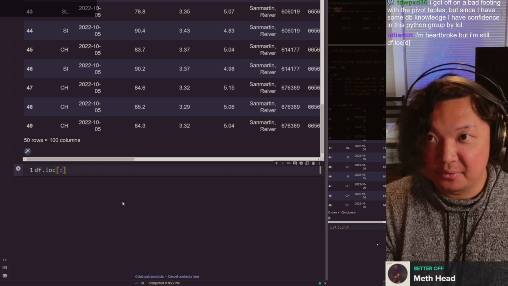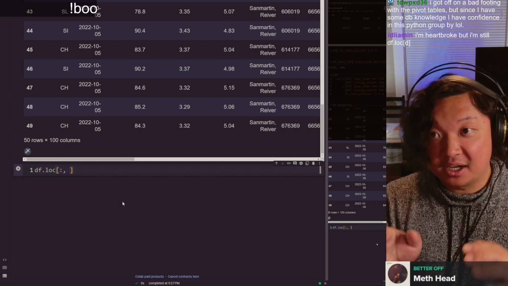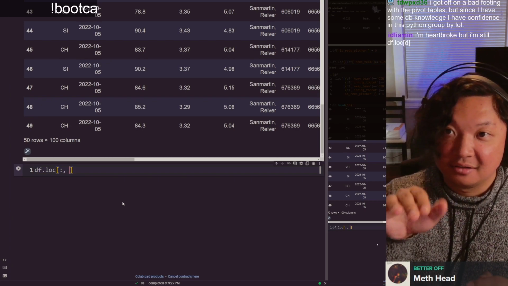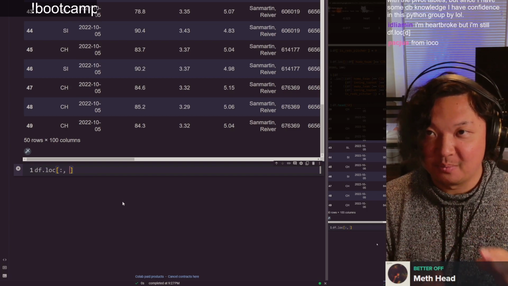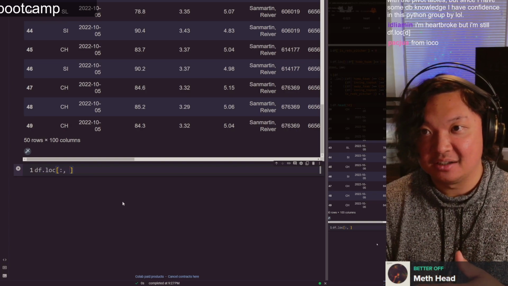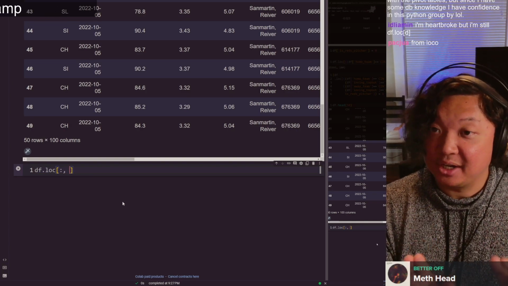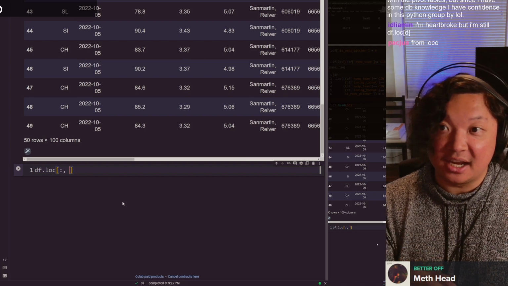So you're selecting all the rows, comma. So now we're gonna put in our column statement. So before the comma is rows, after the comma is columns. I want to select only 3 columns. So I'm going to use another list,